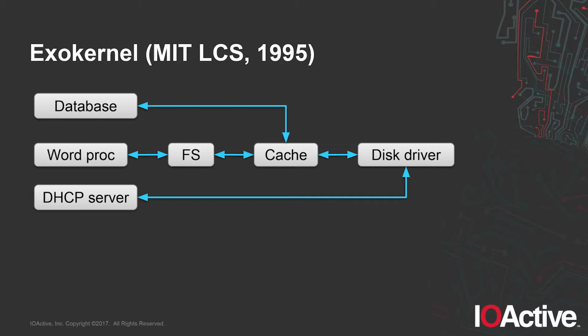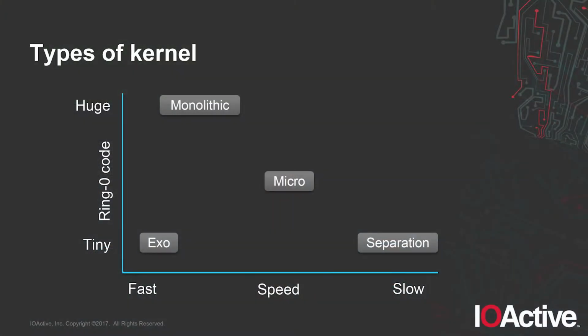So you just write stuff straight to the block device driver, and then your word processor might actually want to go through a file system so you could have named documents. And each of these individual resources are protected from each other. If the word processor tries to open the raw disk block that's owned by the DHCP server, it's not allowed to, and so on. And so now we can plot the exokernel on our graph all the way down here. It's small and fast.